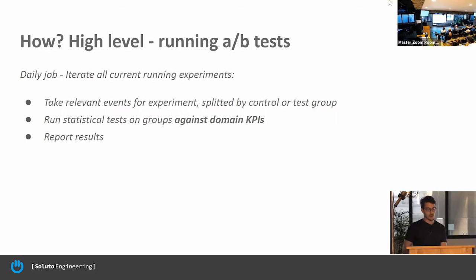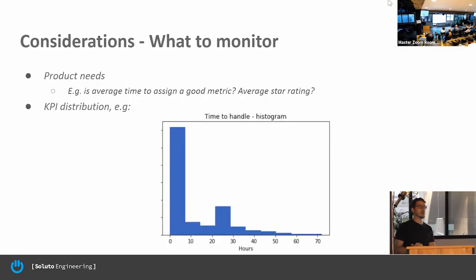Cool. So I'll talk a little bit about different considerations we had along the way when creating the system, the main things. A lot of the things we did here were together with the product manager. Most of the decisions here, we want to make sure we monitor domain KPIs, which is very product oriented. So you always want to be aligned, giving the data point of view from our side and getting the product point of view from their side, and then thinking together about what will be best.